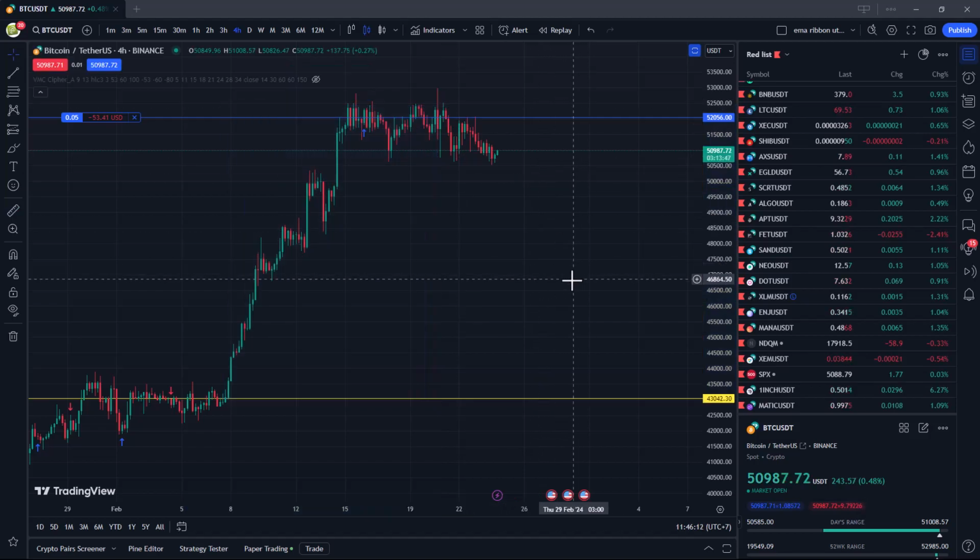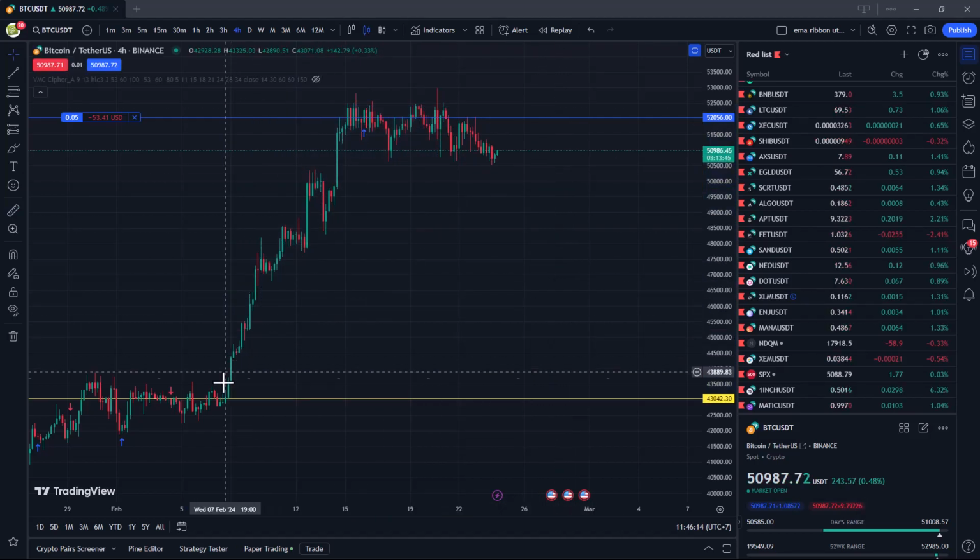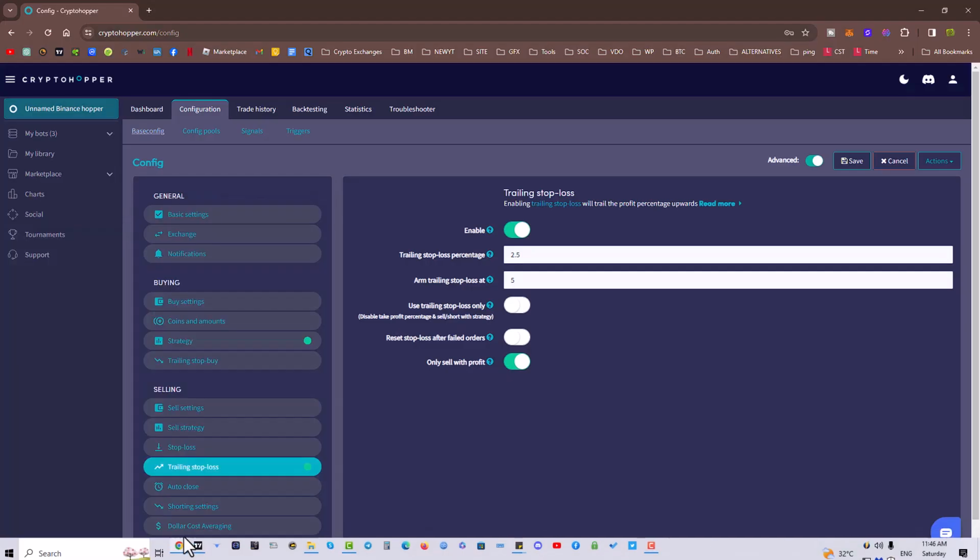All right guys, so that is the benefit of trailing stop loss. It follows the price up, and it only sells when there is a drop of whatever parameter you type in